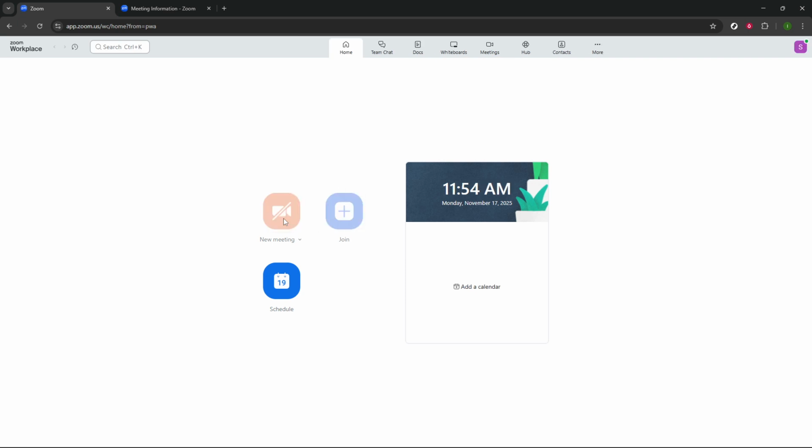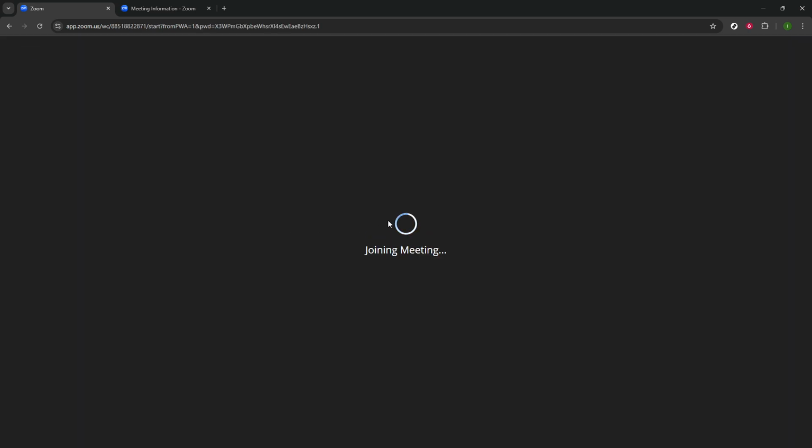Once you're signed in, it's time to either create or join a meeting. This is an essential step, as you can only mute participants within an active meeting. So click on the Create Meeting button if you're starting one from scratch, or select Join if you're connecting to